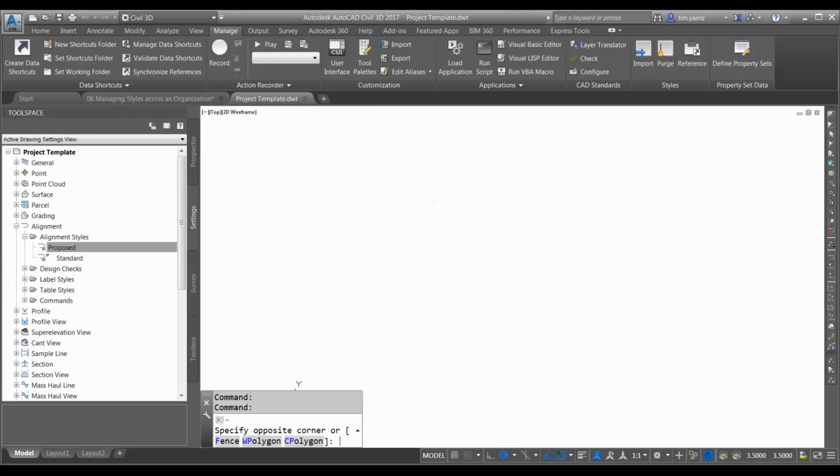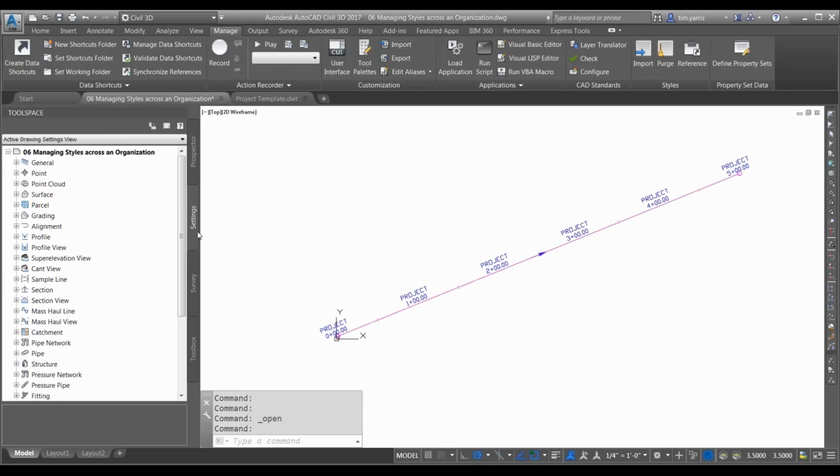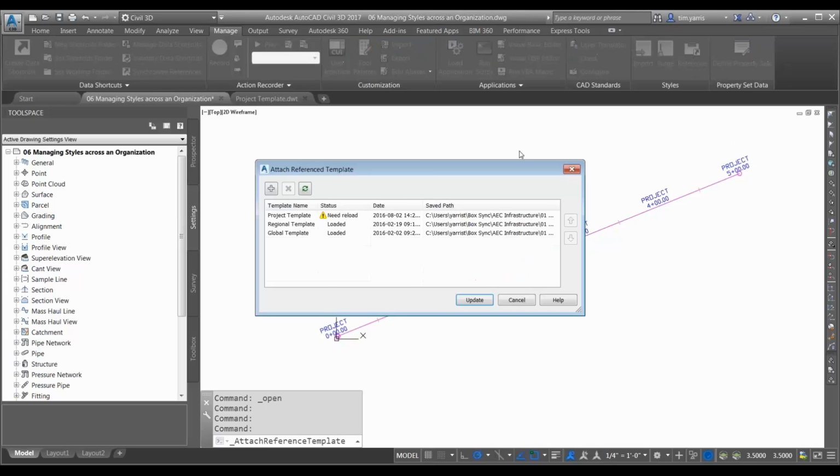And now if I just do a Q save, oops. So my change has been saved. Now I'm going to go back into my consumer drawing that's referencing that template. And nothing changed just yet. But if I go in here to the reference,